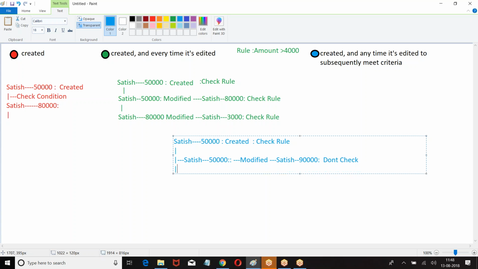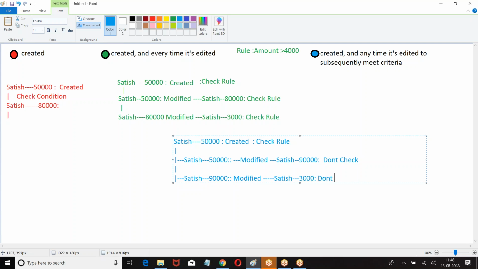Okay. Again, Satish 90,000, is it already meeting the condition? Yes. What is the condition? Amount greater than 4,000. What is your amount? 90,000. Satish 90,000 is modified into Satish 3,000.